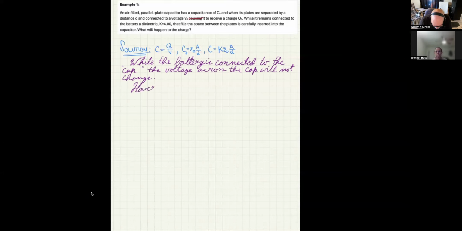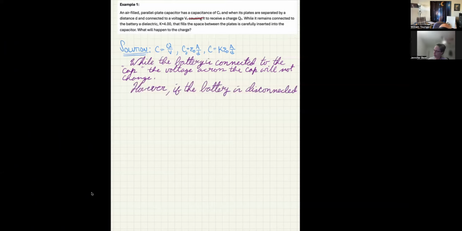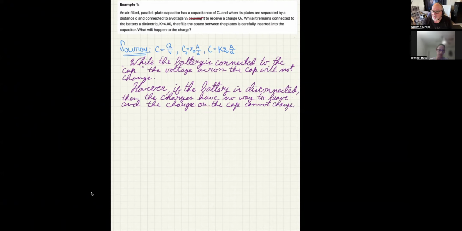However, if the battery is disconnected, then the charges have no way to leave, and the charge on the cap cannot change. So in this case, it's just that first part that's relevant, but the second part I just want to